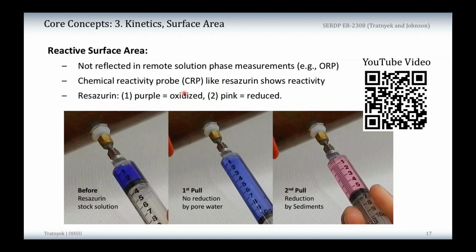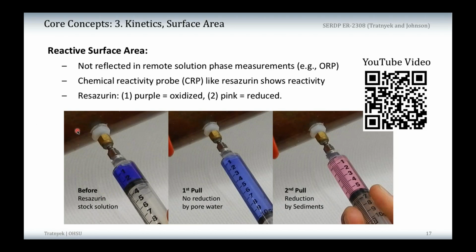There's an aspect of this that I want to emphasize that's shown really conveniently with this series of photographs that are shown here, and there's a corresponding YouTube video that goes with this that you might be interested in watching that Serta posted for us. And here what we've done is we have taken a colored dye, which is now basically a surrogate for a contaminant, but such that you can actually see the reaction when the color changes, and also so that it reacts faster. And what we do is we have this colored dye in a syringe that's connected to a port in